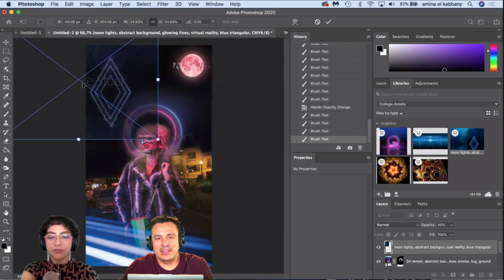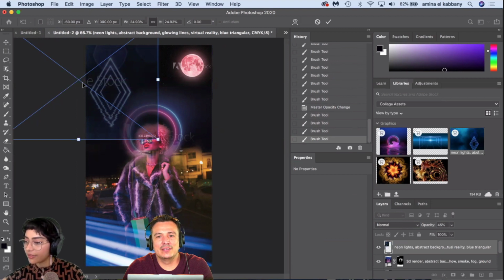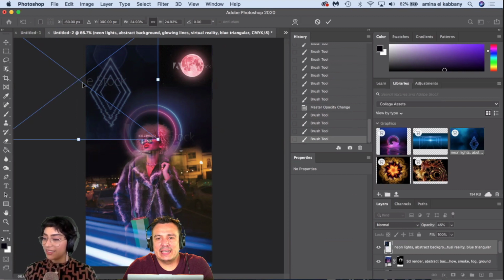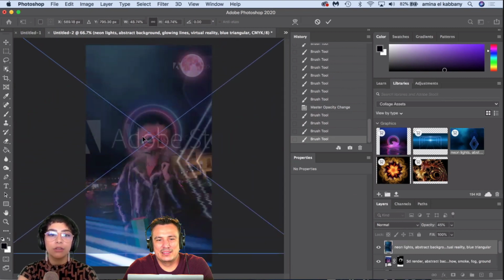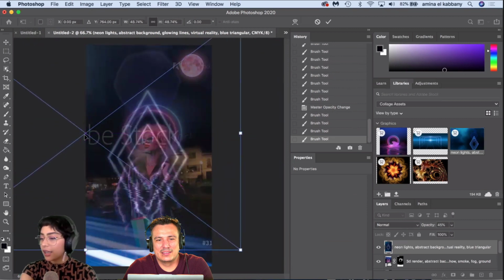I agree with Jenna. Jenna's saying that she loves the halo, and I do as well. Thank you, Jenna. I think it works well also with the lines on her jacket. It kind of adds to it. It does. Yeah, there's a lot of line work going on. I'm going to have to kind of work with that. Let's play with all of these geometric shapes here.